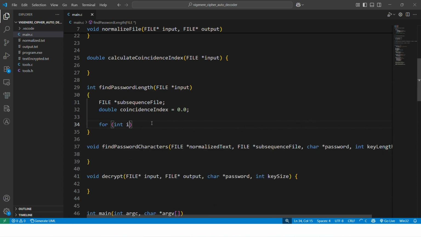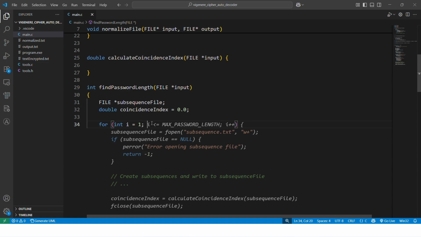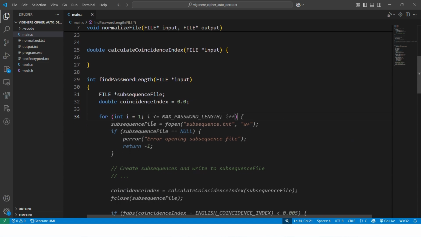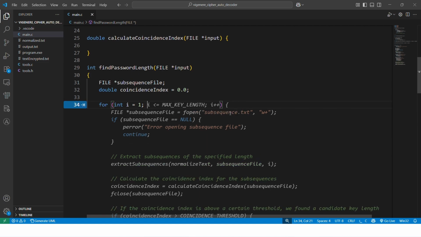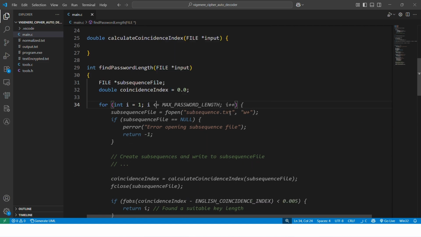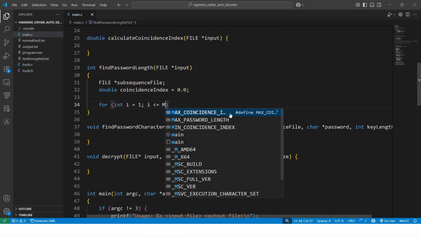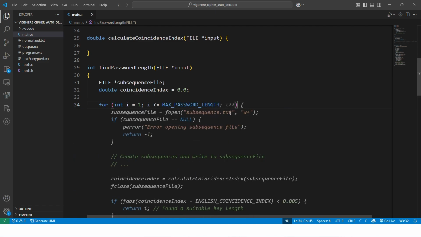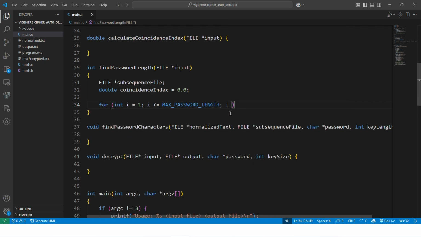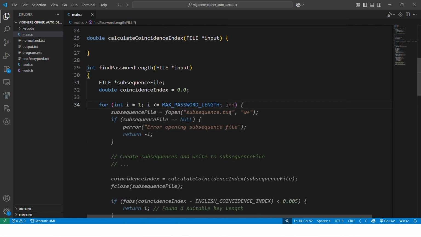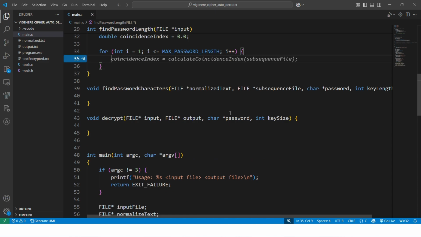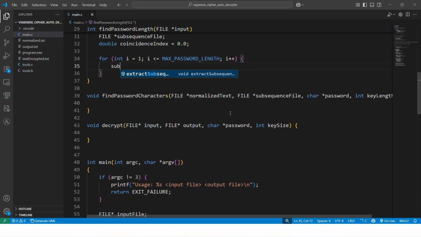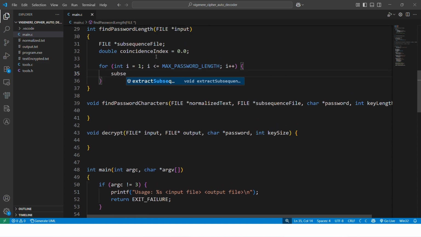It's the normal one: a is less than max password length, a plus plus. And after, we need to extract the subsequence. So the subsequence variable will equal to